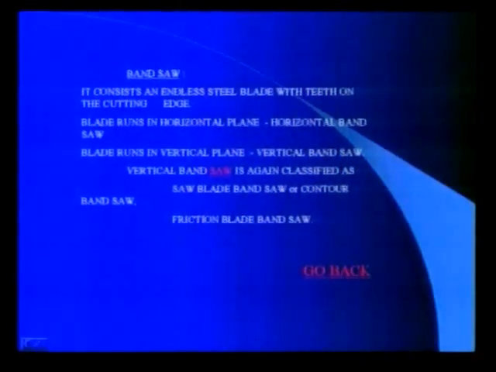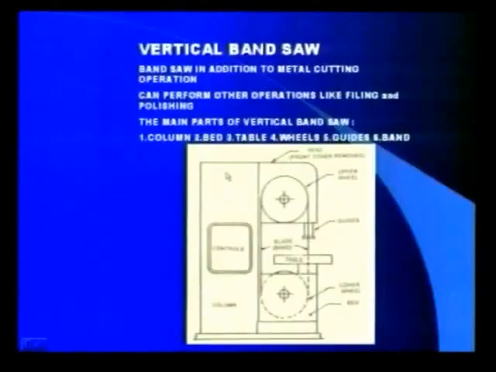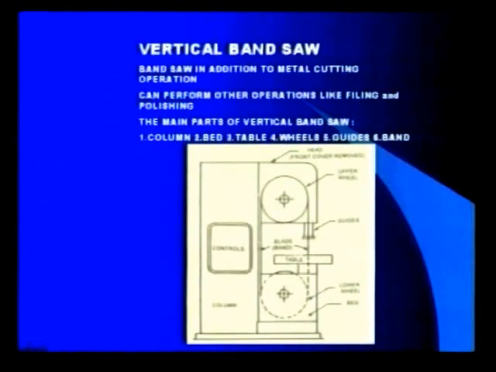We discuss vertical band saw. In a vertical band saw, a thin, endless, flexible saw blade runs over two wheels. It is shown in the figure clearly. The work is mounted on the table between the two wheels. It is the table that is fed against the fast running blade. It is a vertical machine.